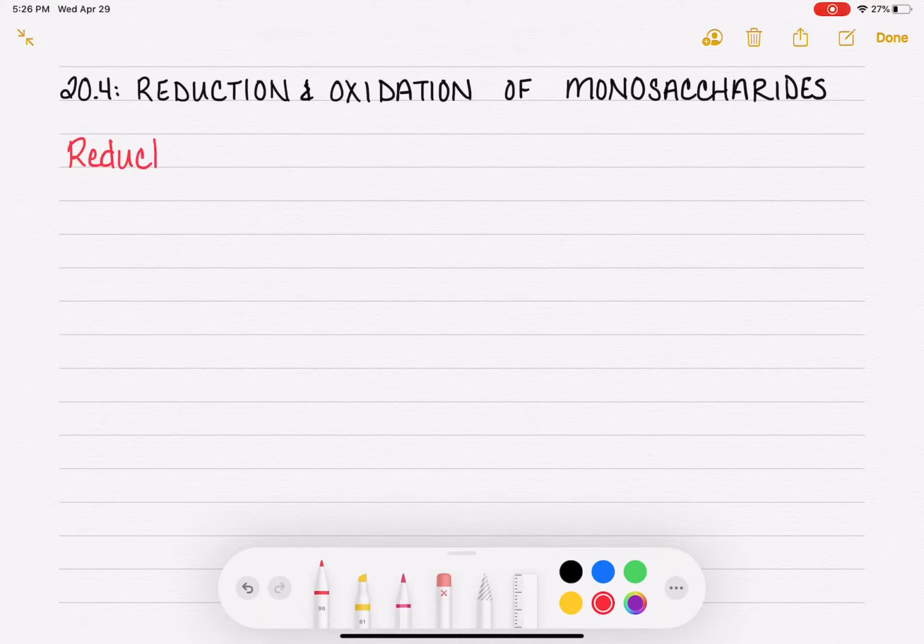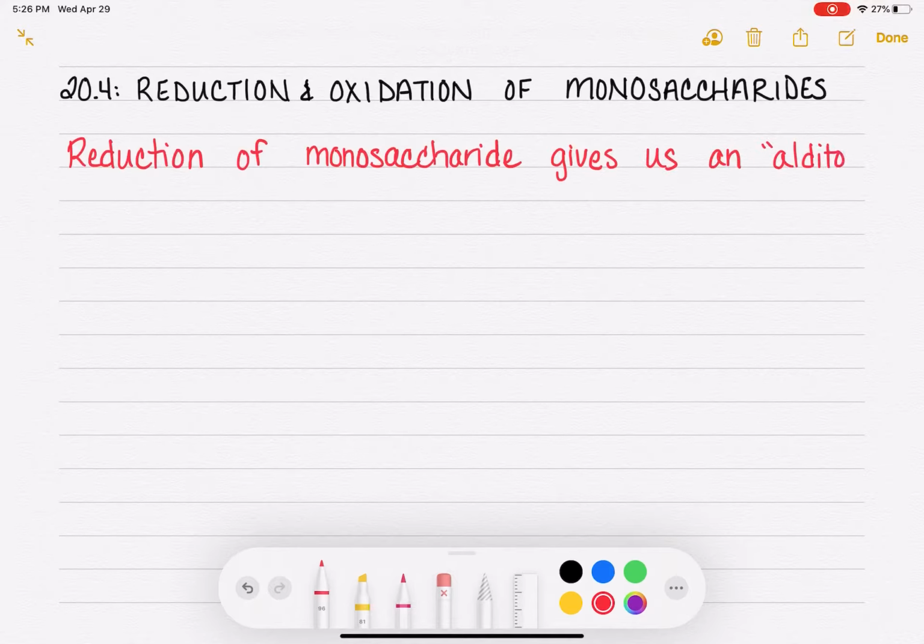Reduction of a monosaccharide produces a molecule that we call an alditol. Let's take a look at an example. So we're going to draw glucose in the straight chain form,